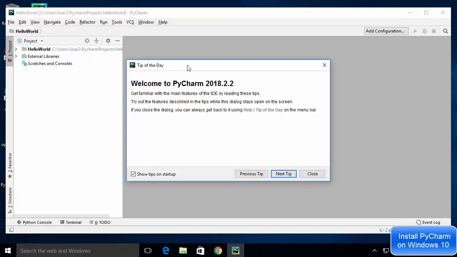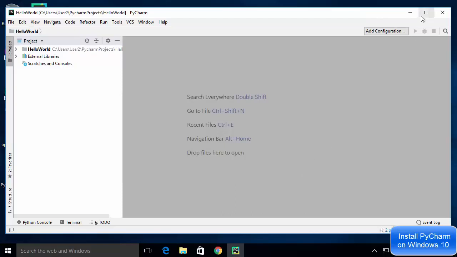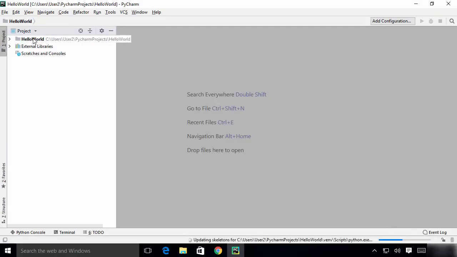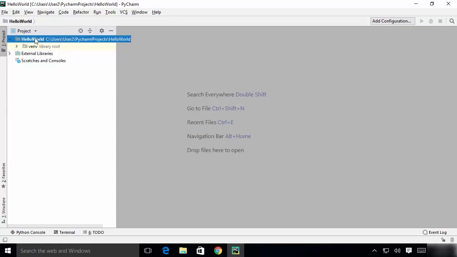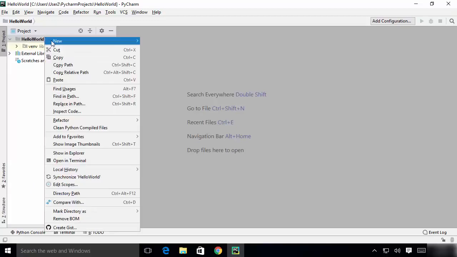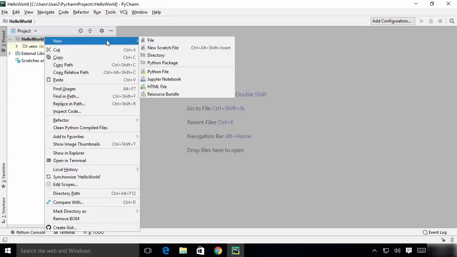So you can see the first thing you will see here is tip of the day. I'm going to just close this tip of the day, and I'm going to maximize my IDE window. And you can see our project is shown on the left hand side. So let's create a Python file, and we are going to just run some code using this Python file. So we need to just right click on our project and then click on new, and then choose Python file